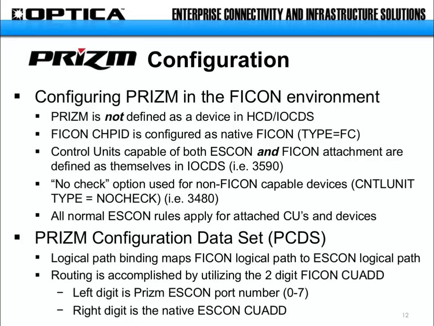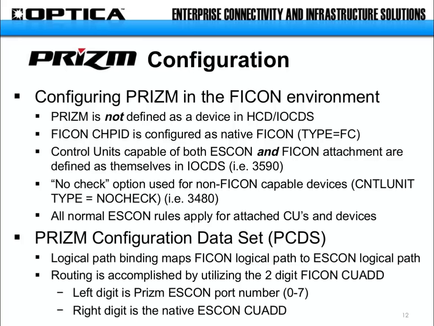Now I want to point out that this is not an FCV channel. If you remember the previous FICON bridge technology, that leveraged the FCV CHPID type. That was a technology that allowed a converted FICON channel to access a bridge card that was housed in the Model 5 ESCON director, if you remember that. That technology has since been discontinued by IBM, and it was somewhat of a FICON conversion technology. But this is very different.